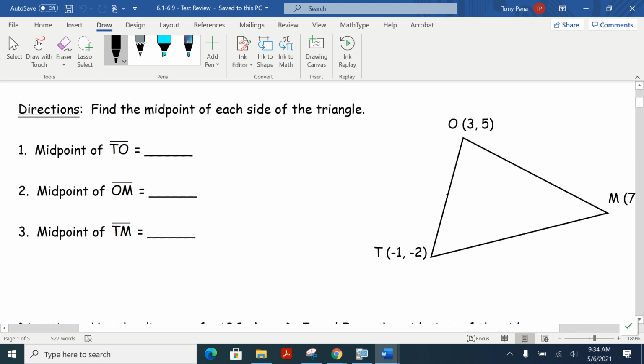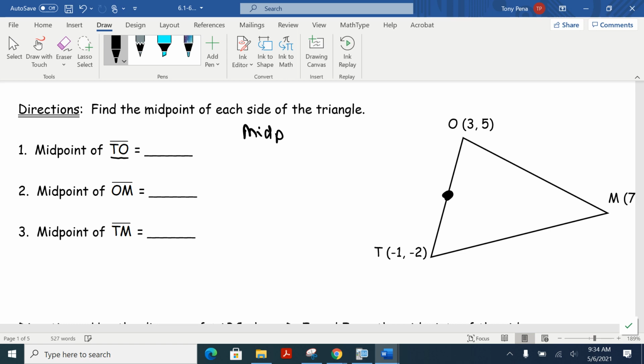But what we're looking for is the point, let's say in this case, directly in the middle of segment OT. And since that's our first one, that's the one we're going to do first. So eventually we worked our way through and we came up with the midpoint formula. So there is a formula that we could then use so that if it's not graphed on an XY plane where we're going to be counting and everything, we can still do this. So the midpoint formula,